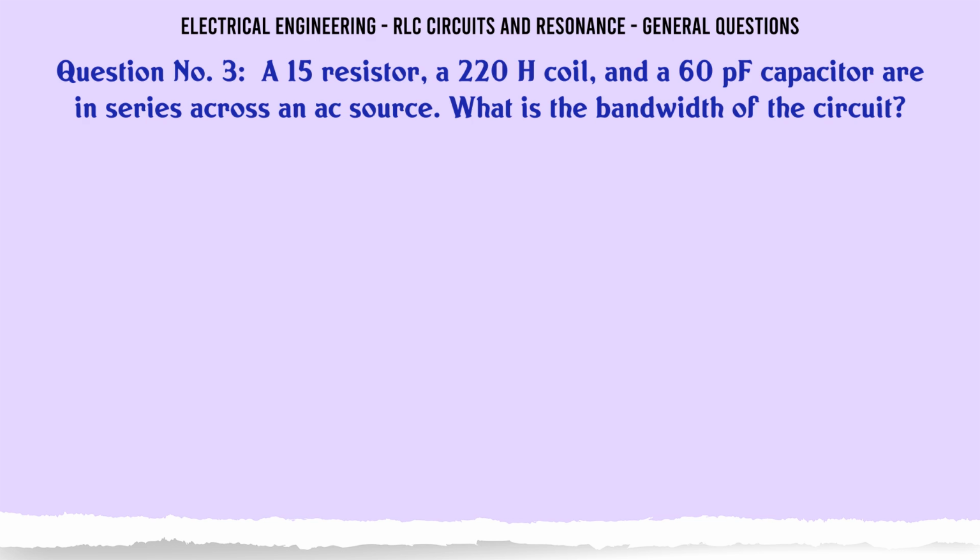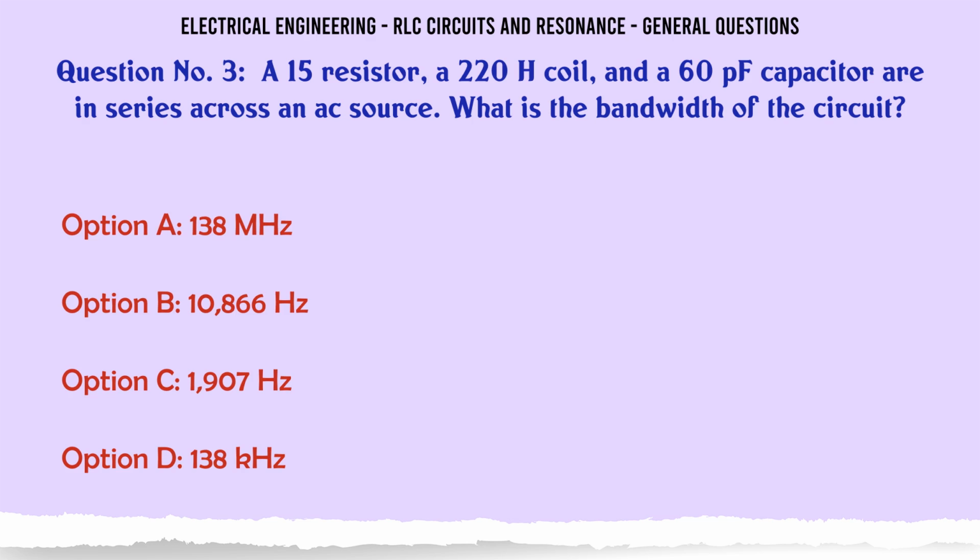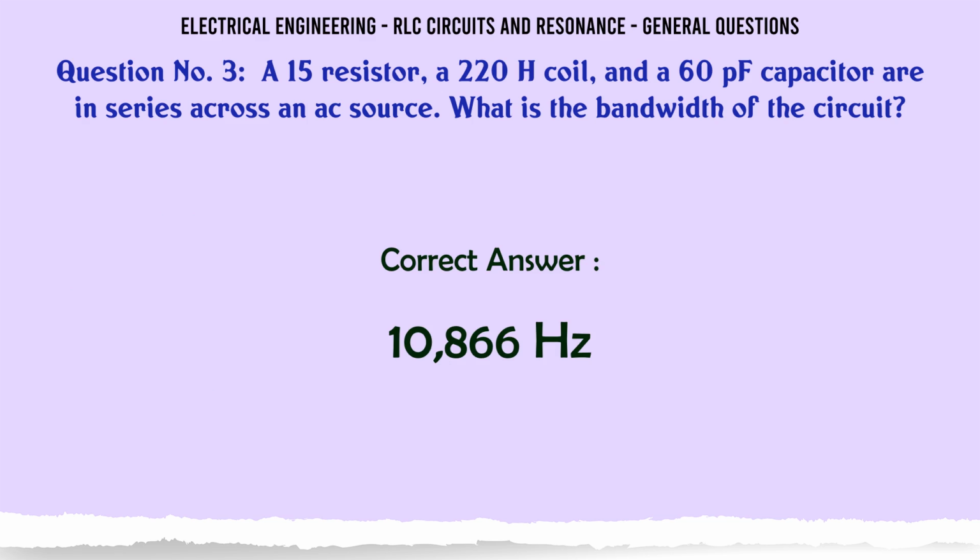A 15 Ω resistor, a 220 µH coil, and a 60 pF capacitor are in series across an AC source. What is the bandwidth of the circuit? A, 138 MHz; B, 10866 Hz; C, 1907 Hz; D, 138 kHz. The correct answer is